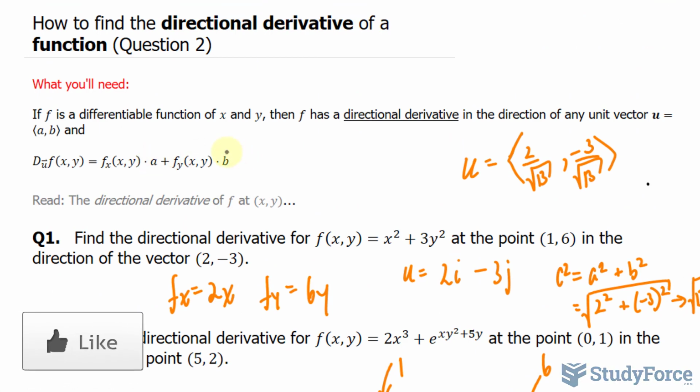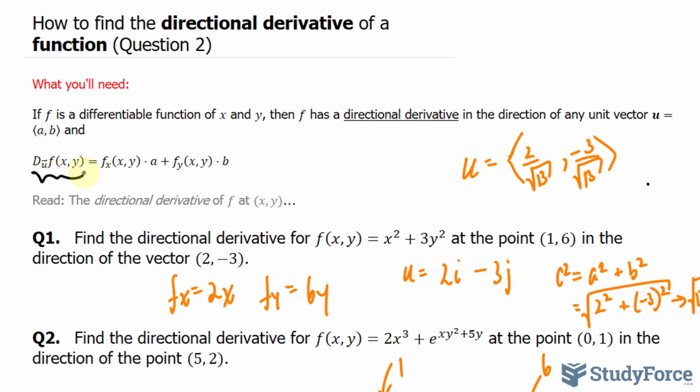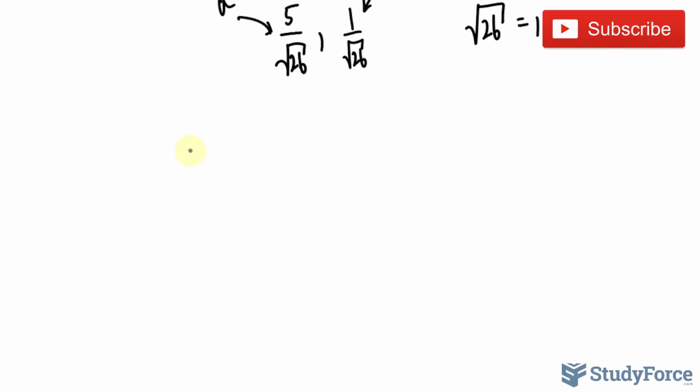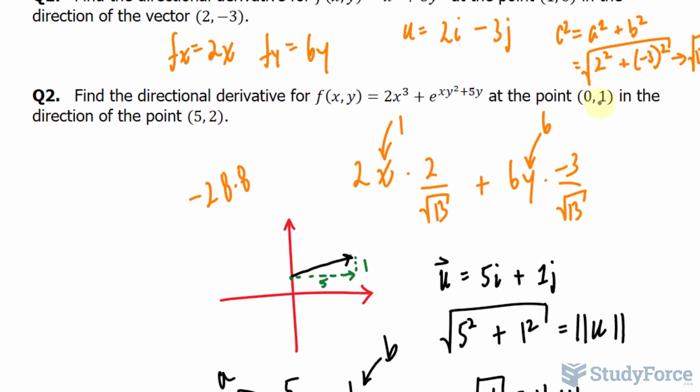And one more adjustment that I'll make with question number 2 compared to question number 1 is I'll use a more traditional way to represent the directional derivative, in other words, its notation. So rather than D sub u, as we had here, I'll write down the gradient, represented by this symbol known as nabla, of our function f at x and y. So I'll use that rather than D u. Let's go ahead and show that underneath. So we have the gradient of our function at the point 0 and 1